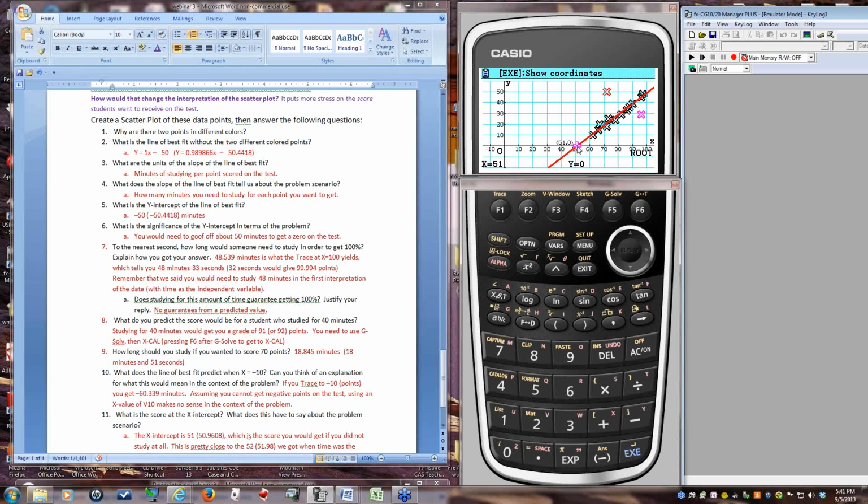But this one's kind of nice because the first time, I actually came onto this method with the points as the independent variable somewhat by accident, because the first time we did this in Texas, the teachers said let the points be the independent variable, and I was fine because I was just going to graph it whichever way they wanted. But after we talked about this a little bit, one of the teachers pointed out that most people are going to say that the minutes is the independent variable, and this really is an example where you can have time as your dependent variable if you want to focus on what score you get.